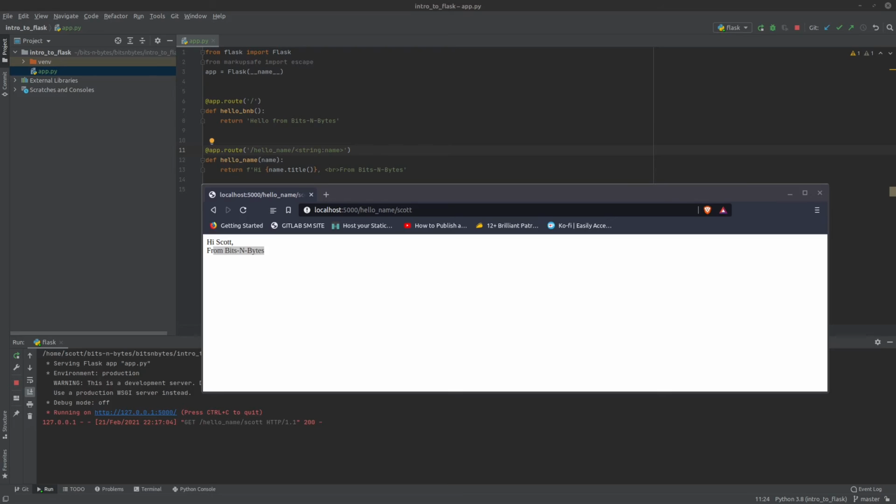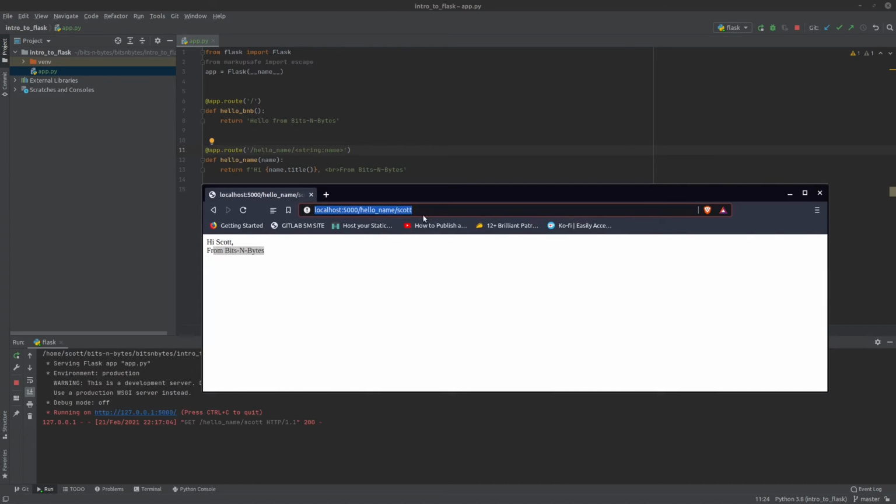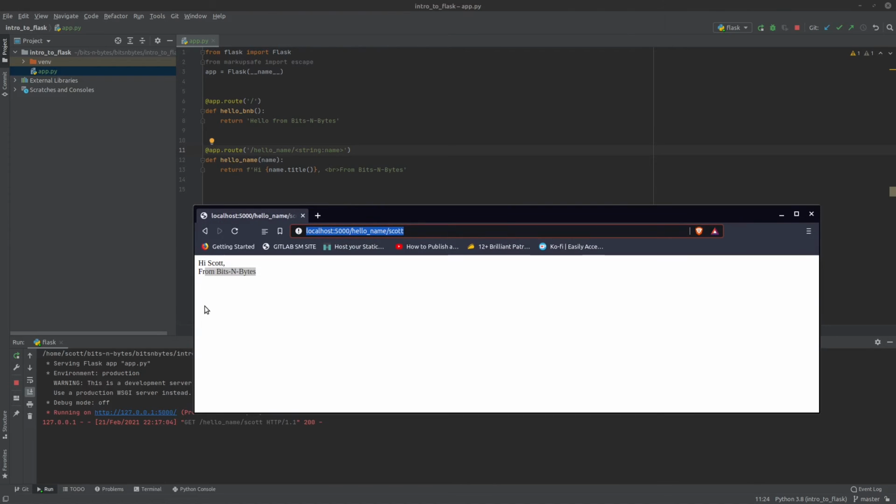All right, so there's that. And what this is doing is performing a get method. Sorry about that. My microphone fell off my shirt. And you can tell it's a get method because it's getting passed in through the URL, like through the browser like that. And that's really the only thing we're going to discuss today. And we'll get into other HTTP methods at a later time.